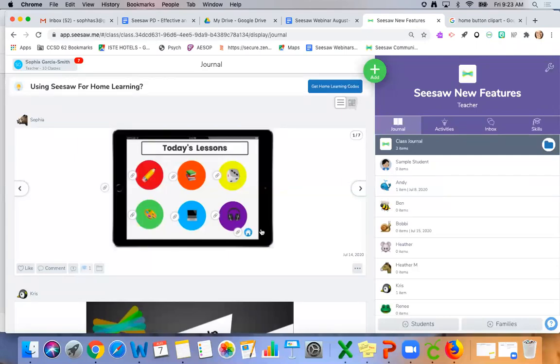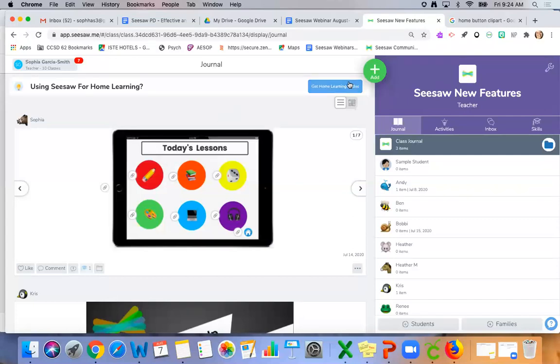August 14th is the new update. And what the new update will do is it will allow you to link each one of these to an activity. So if you want to keep separate activities, but you want this to be the home page, this link will now allow you to go into your activity library or find activities that other people have created and link it in. I can't show you because it's not live yet, the update, but you would get the same